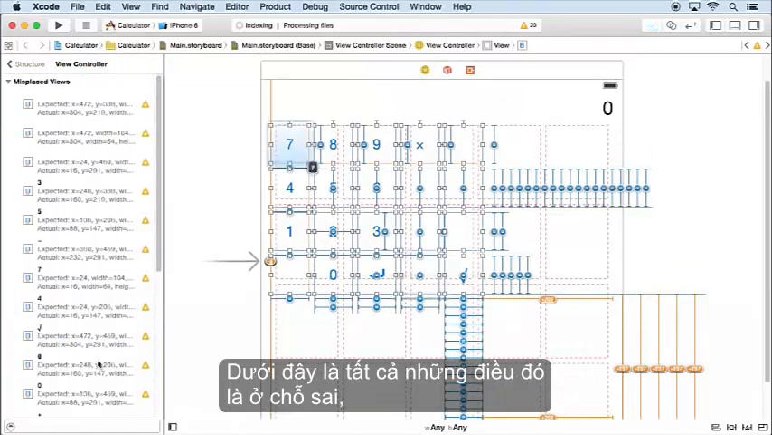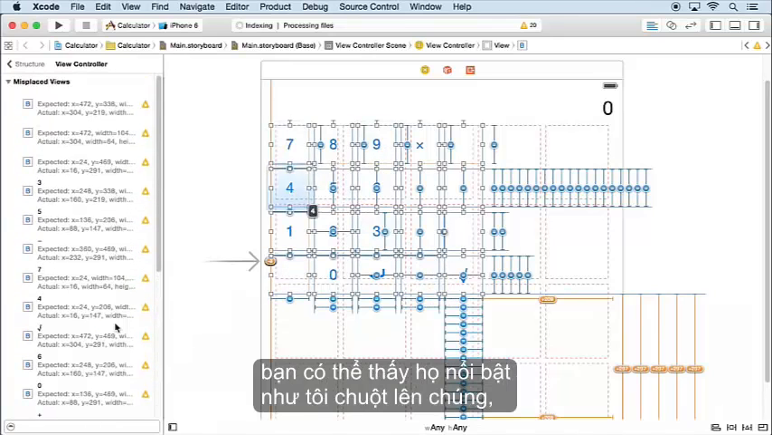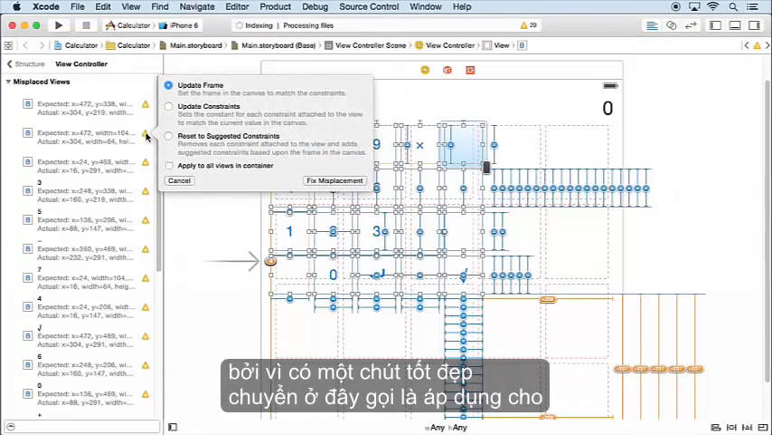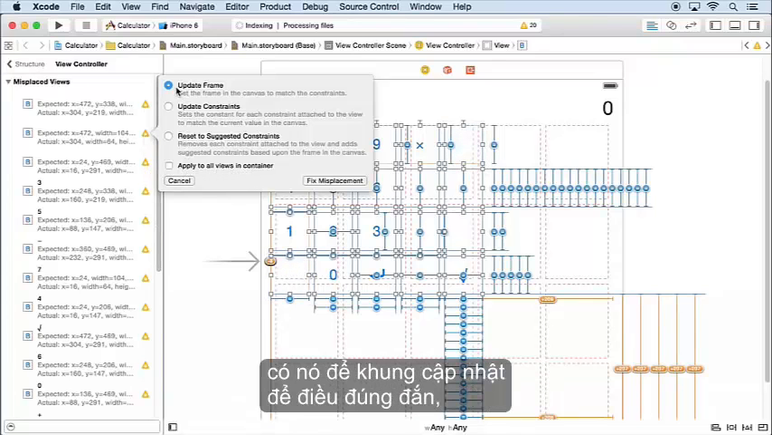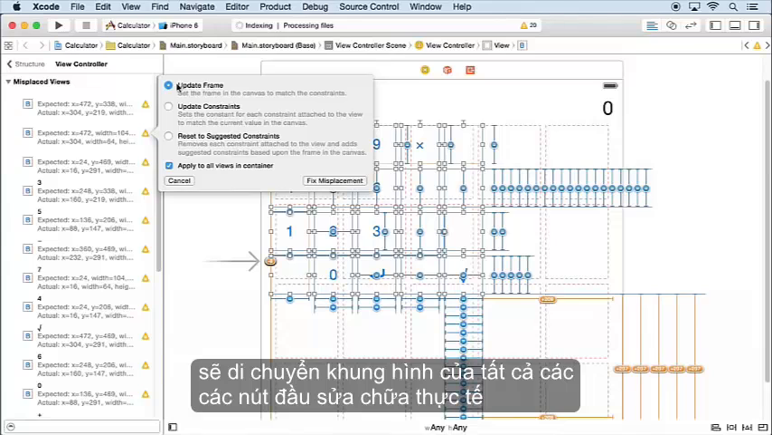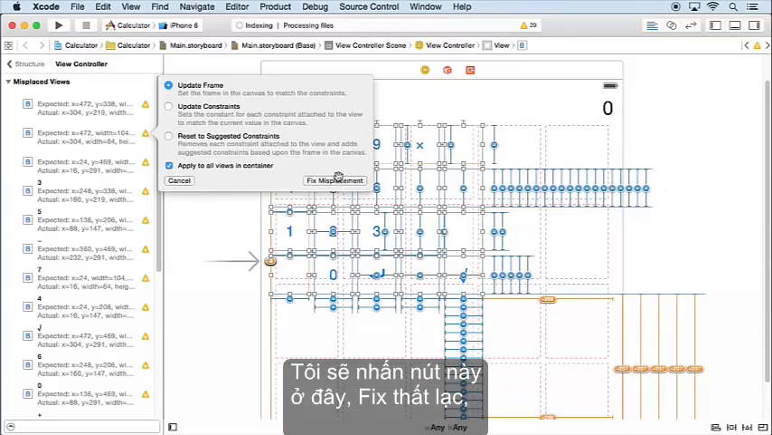We click the yellow. Here's all the things that are in the wrong place. This is all the buttons. You can see they highlight as I mouse over them. And you can really pick on any one of them to fix this, because there's a nice little switch here called Apply to All Views and Containers. You don't have to click on each one and have its frame update to the proper thing. You can just click Apply to All Views and Containers, and it's going to move the frame of all the buttons to fix the fact that they're in the wrong place based on their rules. So let's try that. I'm going to hit this button right here, fix